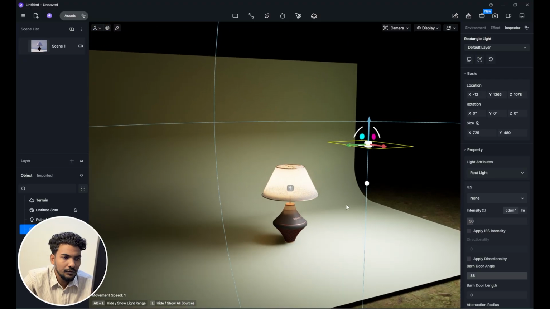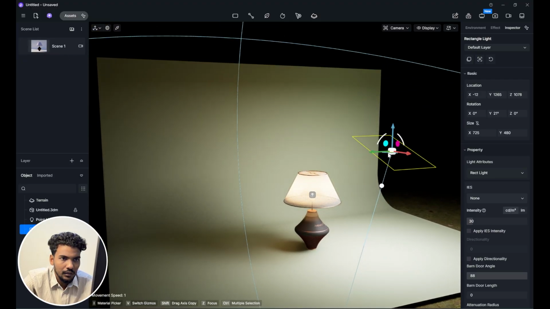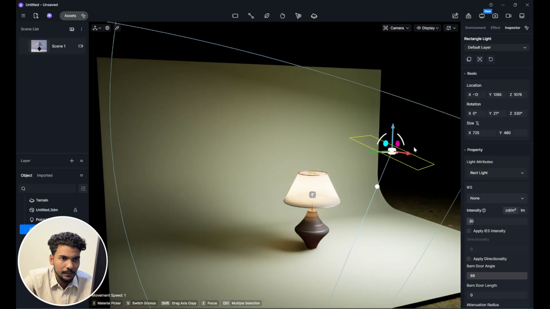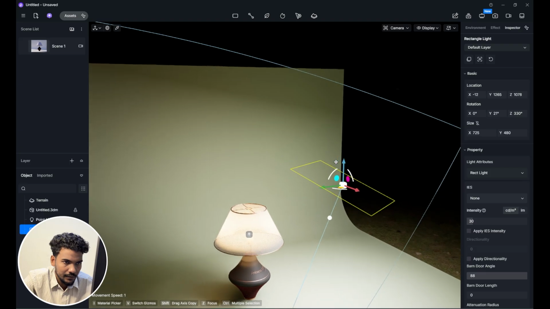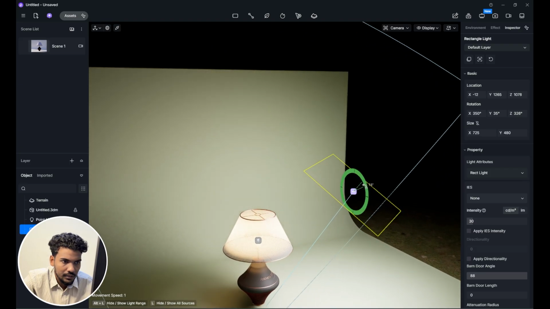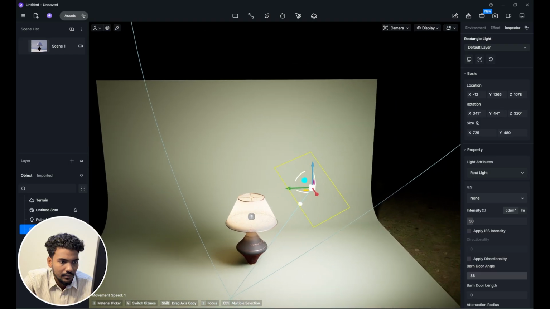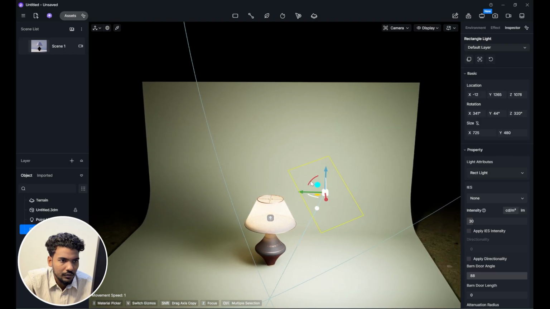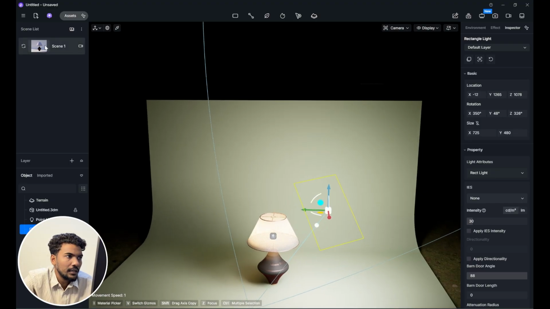Now what we have to do is we have to rotate this, focusing on our product, because this is the main key light. Rotate this. Okay, let's see the target. Is it pointing directly to our objects? No. If it's not, okay, adjust it like this. We can see it in the,